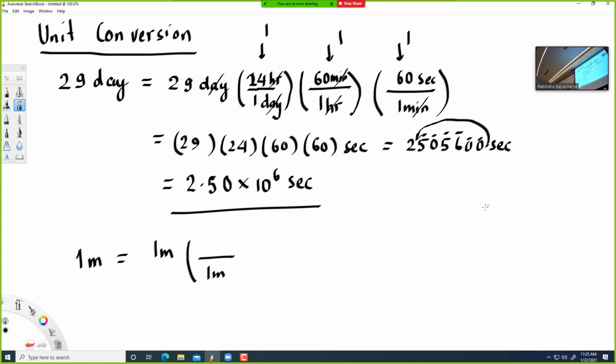And the thing I know is 1 meter has 100 centimeters. Okay? So 1 meter is 100 centimeters. And I also want to get rid of centimeters, so I'll put the centimeter down here. And we know that